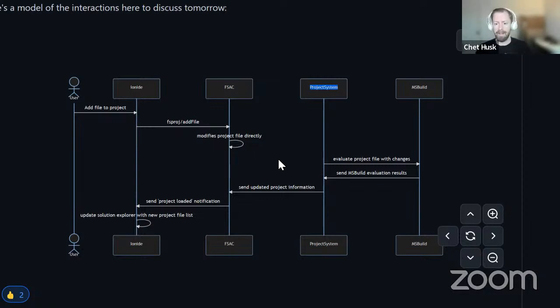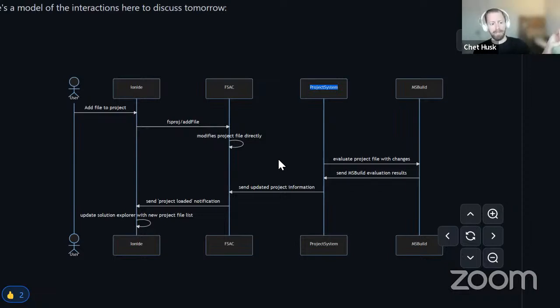And that's exactly what happens here. When FSAutocomplete modifies your project file, the watchers on the project system say, hey, a change happened to this project file. I need to go ask MSBuild to do some things so that I can evaluate the contents of this project file and then notify FSAutocomplete that this has changed.